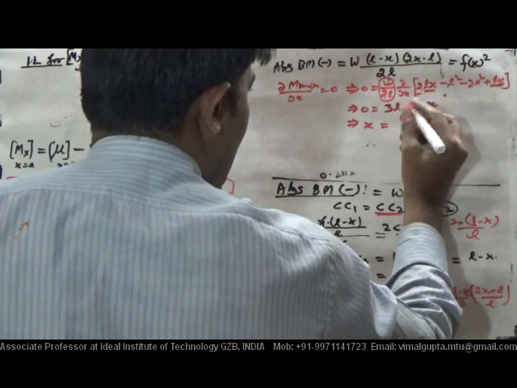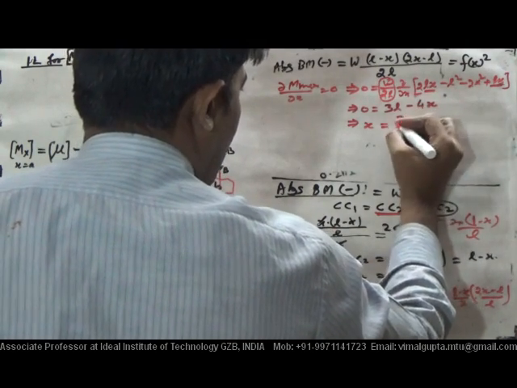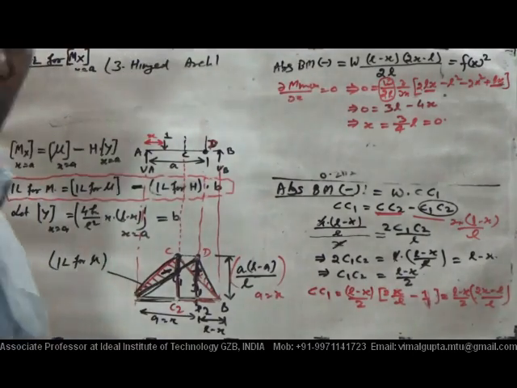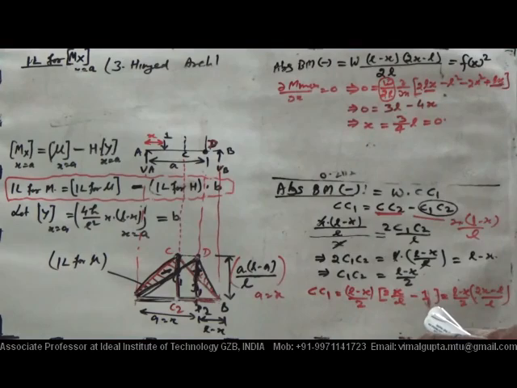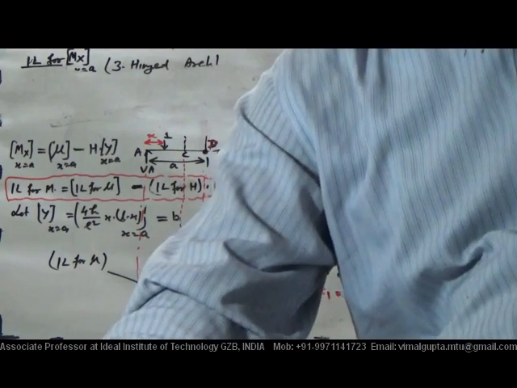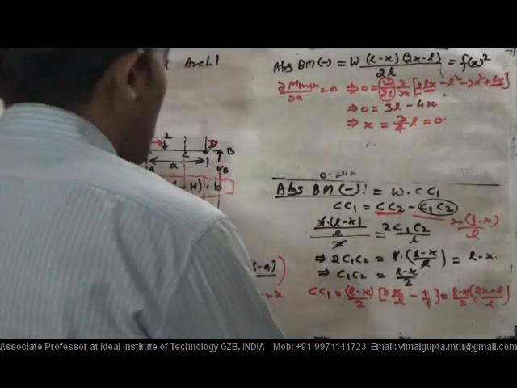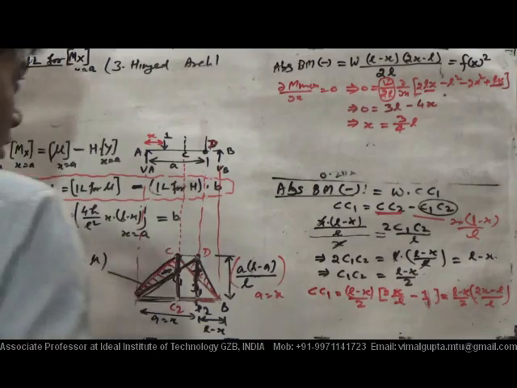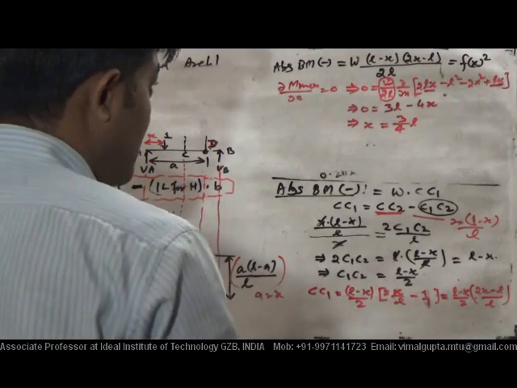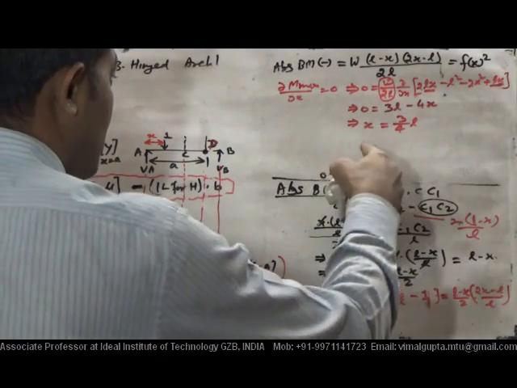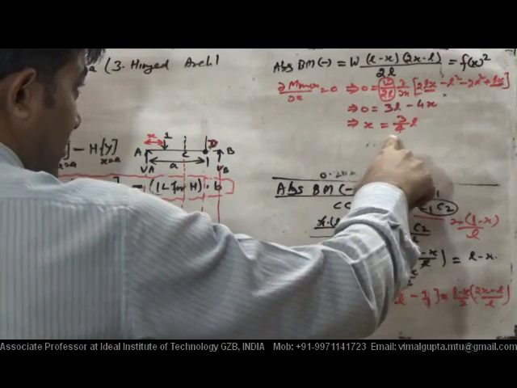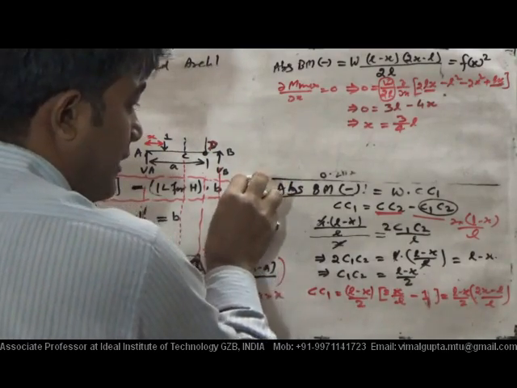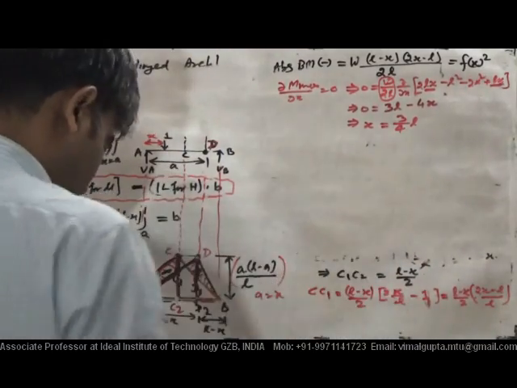So the value of x we will have how much value? It is 3L by 4, 3 by 4 L. So we have got x is equal to 3 by 4 L. Okay. Now by putting this value x is equal to 3 by 4 L in this expression, we can find that value. Okay. So by putting that, we will get